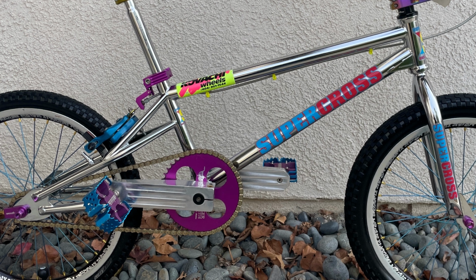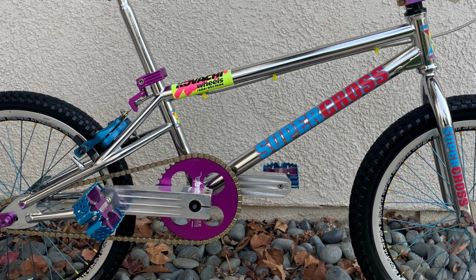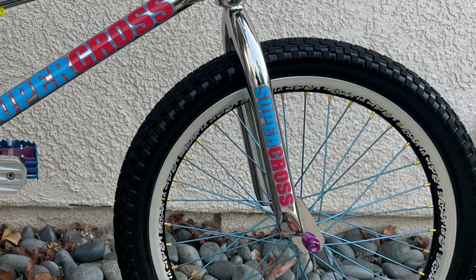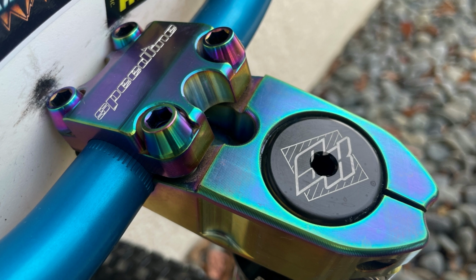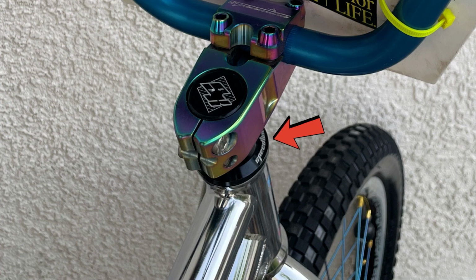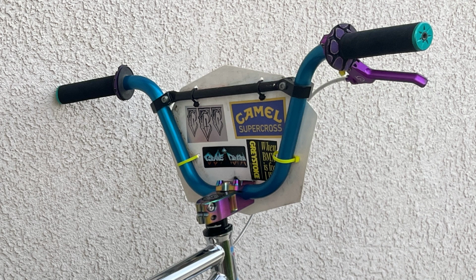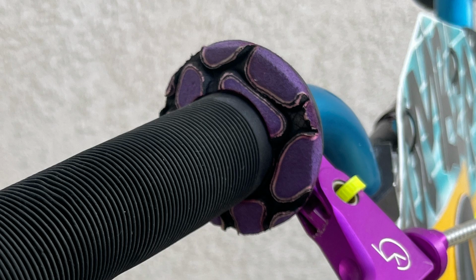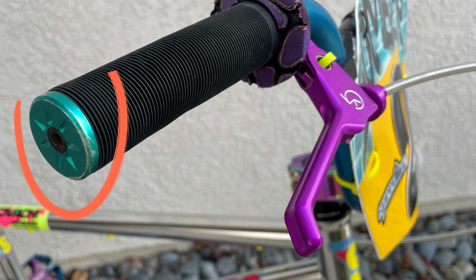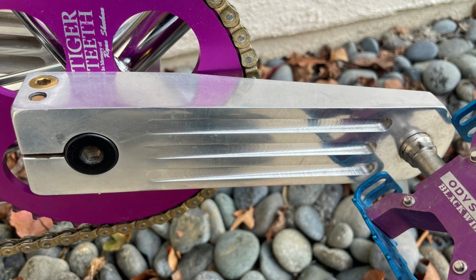Starting with his 2024 Supercross BMX 35th anniversary SX 250 prototype frame. He's got the Supercross SX 250 Pro forks, Speedline Elite BMX stem with Speedline titanium bolts, Speedline integrated headset, Speedline aluminum headset spacers, Answer Alumilite Pro bars, ODI long neck grips, ATI's Arrakis donuts, VG brake lever, VG bar ends, classic Bomber number plate. He also has a Bomber number 2 on the plate, Supercross Tiger T sprocket, iBMX cranks